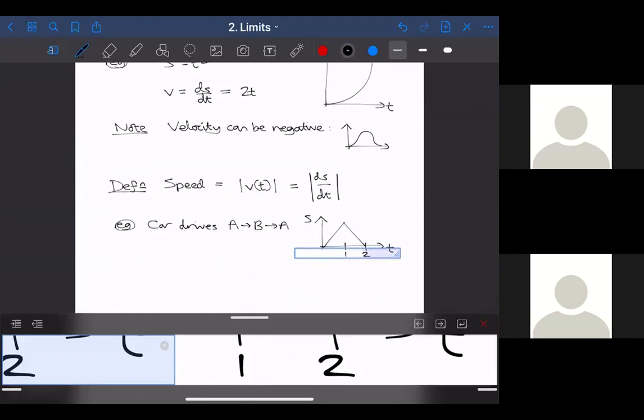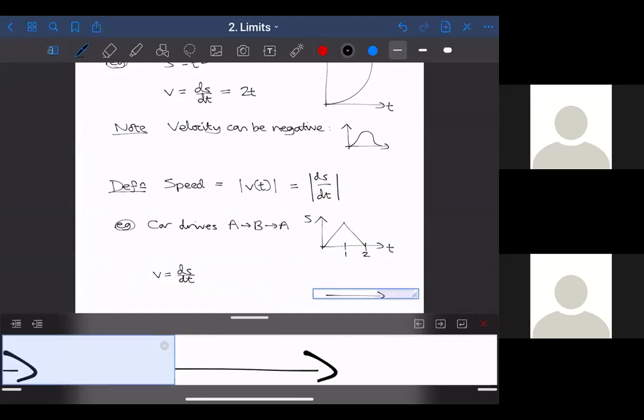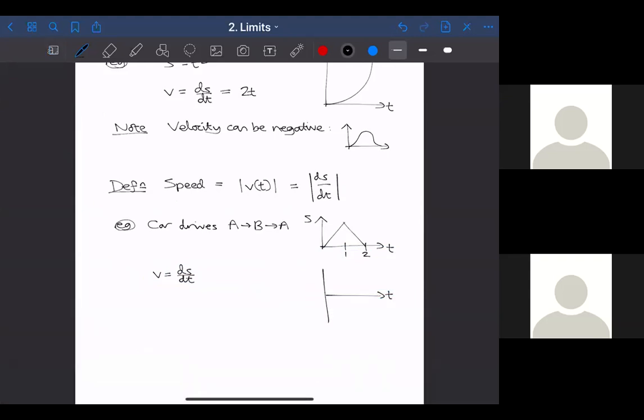And then what is the velocity, the ds by dt? Well, let's just draw a graph of it, because I think we can just read it from this graph. So the velocity, v, is 1